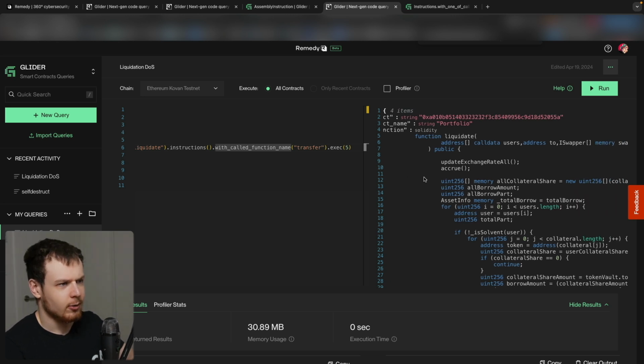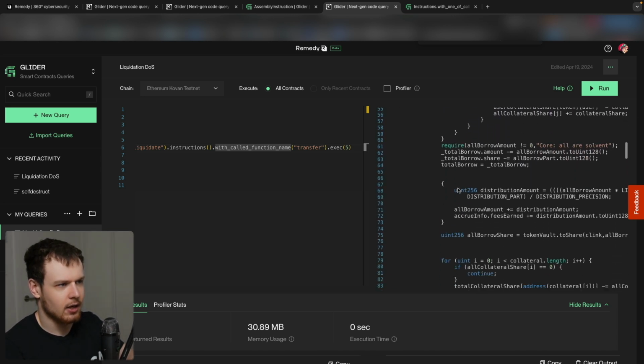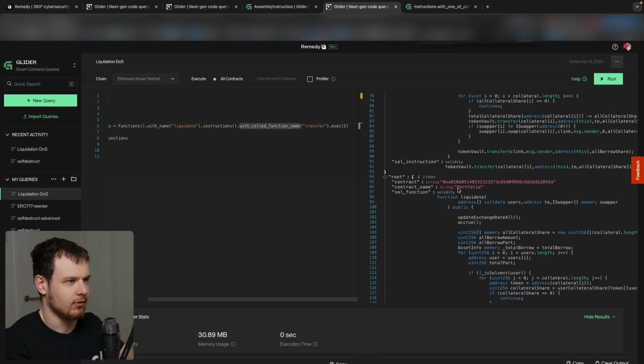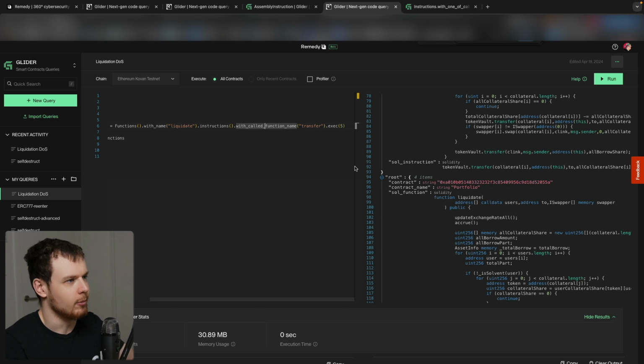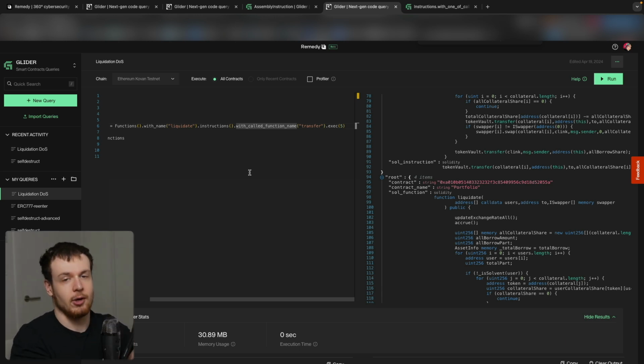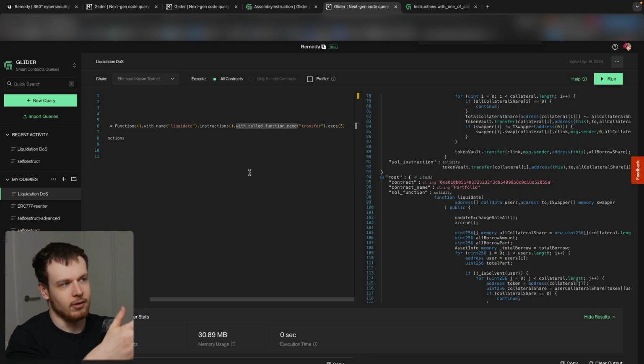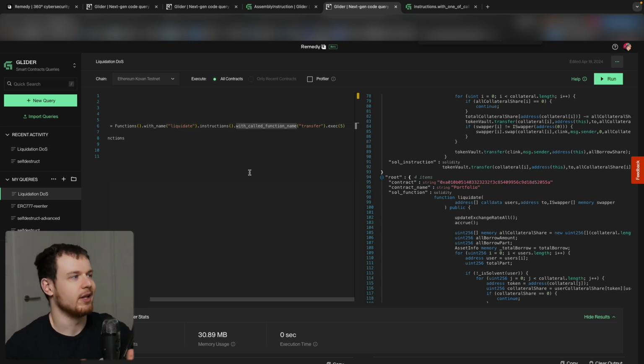So we've got a liquidate function here. Another nice thing: I'm actually going to zoom out. I hope that's not too small. I will say I'm unable to move the split in the middle. I can't move it to the left. It would be nice if I could slide this over, because there's time when you're interested in writing the query, and then there's time when you're interested in reading the results of the query. It would be nice to slide that midpoint around because I don't care about reading the right hand of the screen when I'm writing the query,